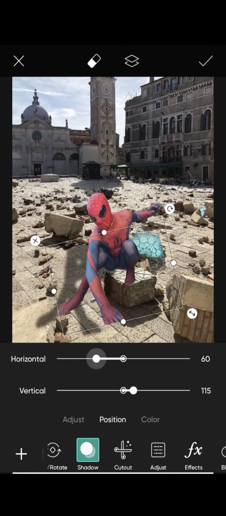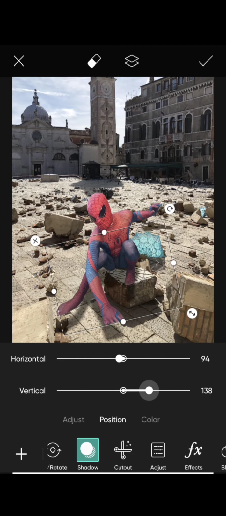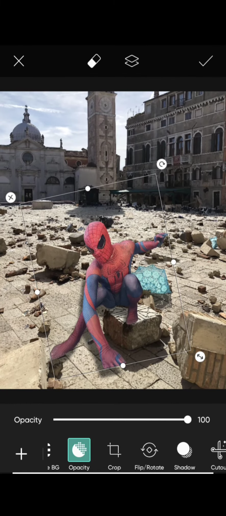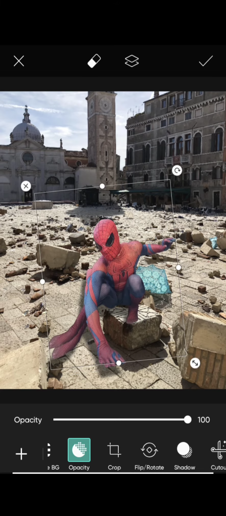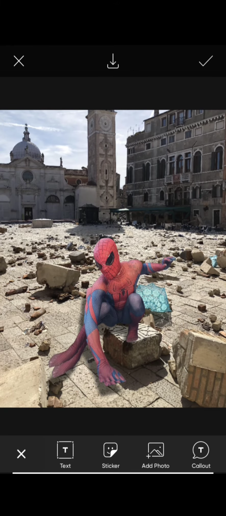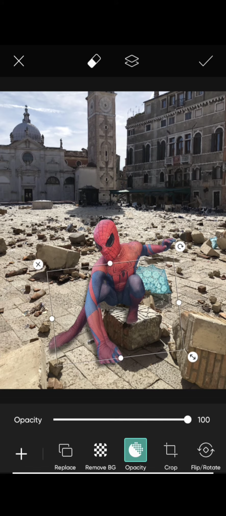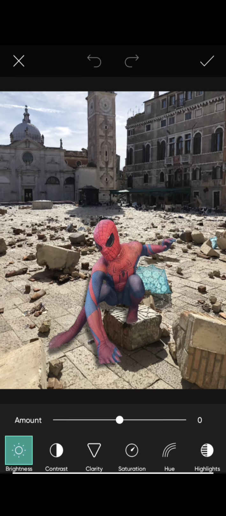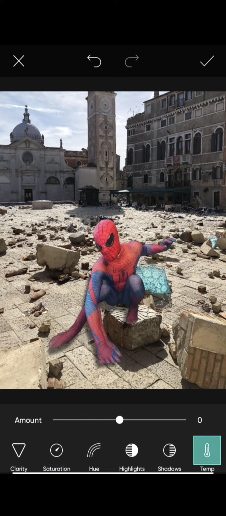And then I edit the lower Spider-Man, which is only the half torso, to have a shadow. The reason I did this is so the entire body doesn't have a shadow. I know it would probably make a bit more sense to have a full shadow, but the way that the shadows work in this aren't ideal, so it would look a little bit off, which is why I only want the lower half to have a shadow, and I think that works well. If I wanted to go really in-depth, I could do each body part as its own separate shadow, but hey,